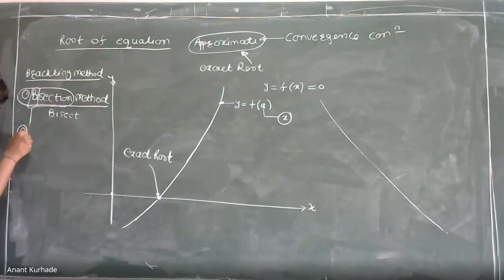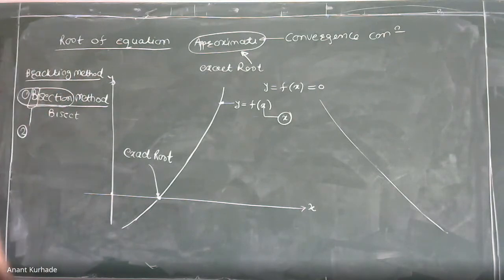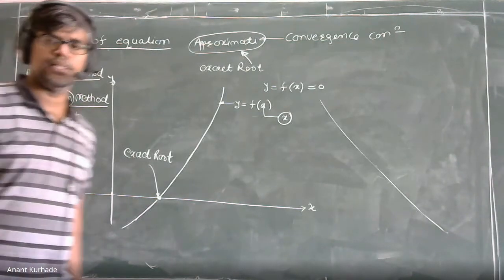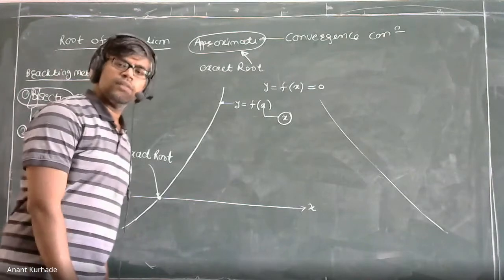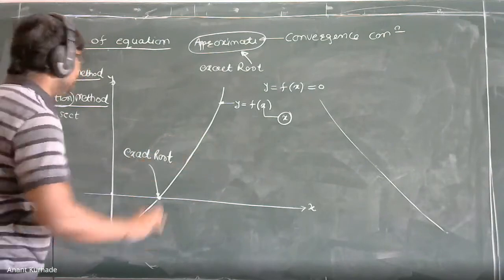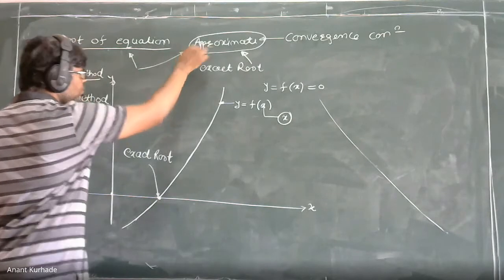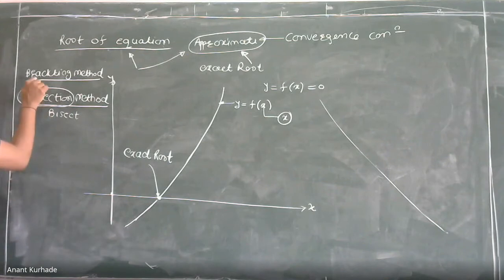So see, why this bisection? You can have this question in your mock examination, oral examination. Why is this bisection method called the bracketing method? Just be clear, if we cannot solve these equations by using a direct formula, then we can use this method. From these methods we cannot have the exact root, we have an approximate root. So we have the bisection method.